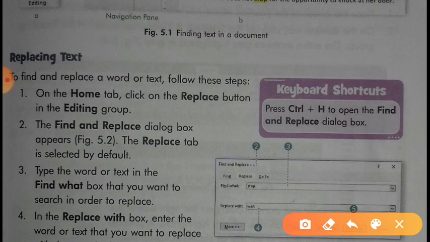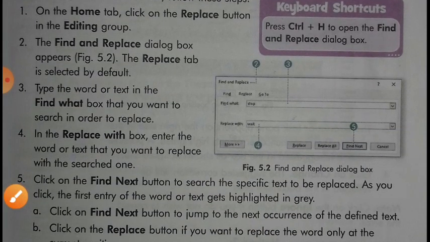Type the word or text in the find what box that you want to search in order to replace, and in the replace with box enter the word or text that you want to replace with the searched one, and then click on the find next button to search the specific text to be replaced. As you click, the first entry of the word or text gets highlighted in gray color,